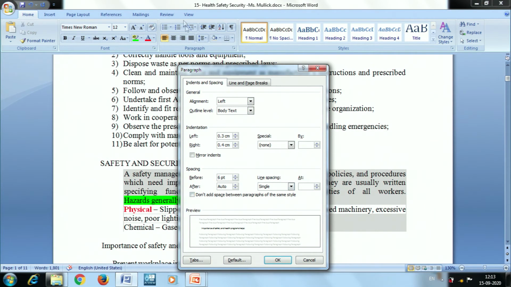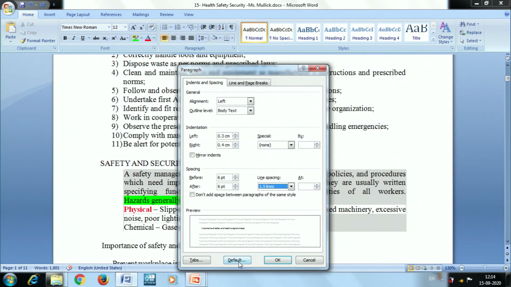Earlier we also discussed line spacing. You can do the line spacing here as well. The options are single, 1.5 lines, double, at least, exactly, and multiple. So you can choose any one, whichever you want for the particular paragraph. And there is a preview also, so you can see whatever change you are applying shown here. If I want to give 1.5, then the spaces are more. So I can do that.